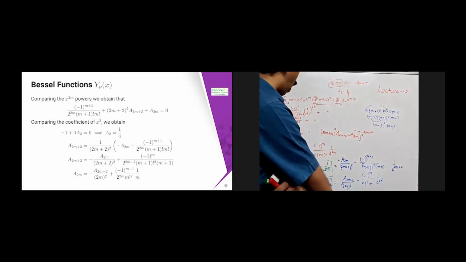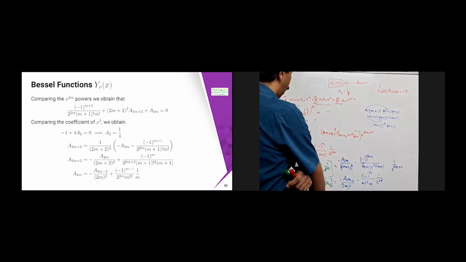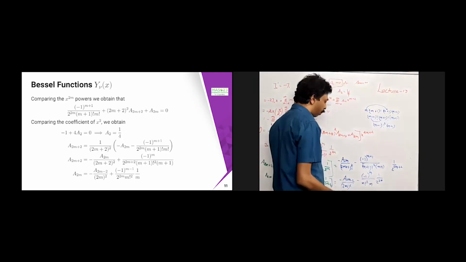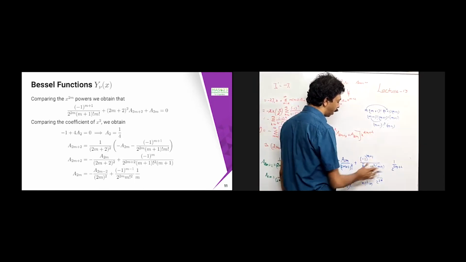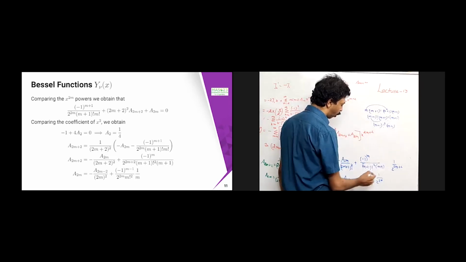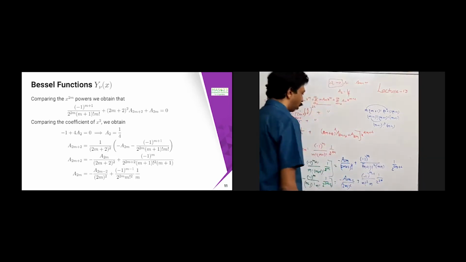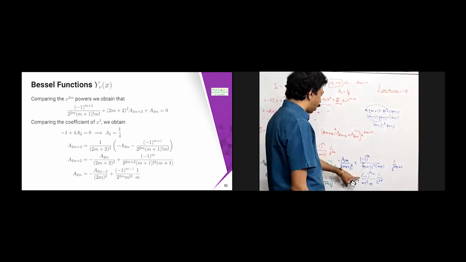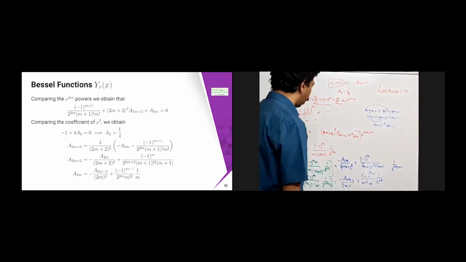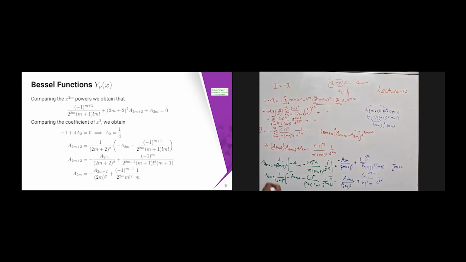Okay, so I can write this as... so here in the slide, what I have written is minus 1 power m. Therefore I have taken 1 m here. I can write this one, and here I have written minus 1 power m minus 1, so that this will be consistent. So whenever m is there, this is going to be there. Whenever m minus 1 is there, this is going to be there. So in general, if you generalize this, what you are going to get is that you are going to get